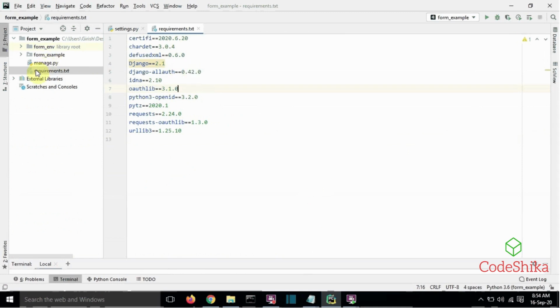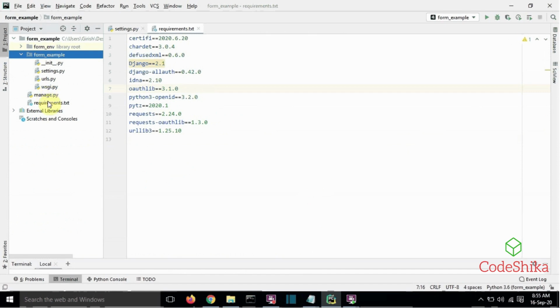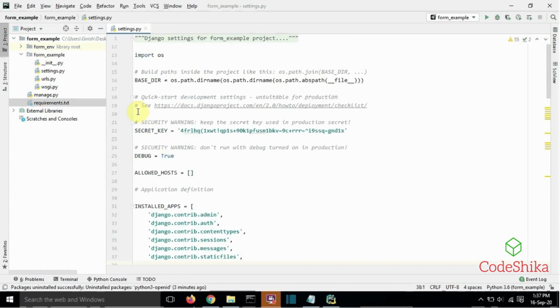In the Django project, we need to create this requirements.txt file in the root directory of the project, that is, at the same level as the manage.py file. If we share a project with others or plan to copy the project to any other location where we need to restore the project environment, by project environment I mean the Python interpreter and other external packages the Django project requires. For that, we need to specify the external packages that the project needs to work. The recommended approach is to use the requirements.txt file that contains a list of packages with their right versions.